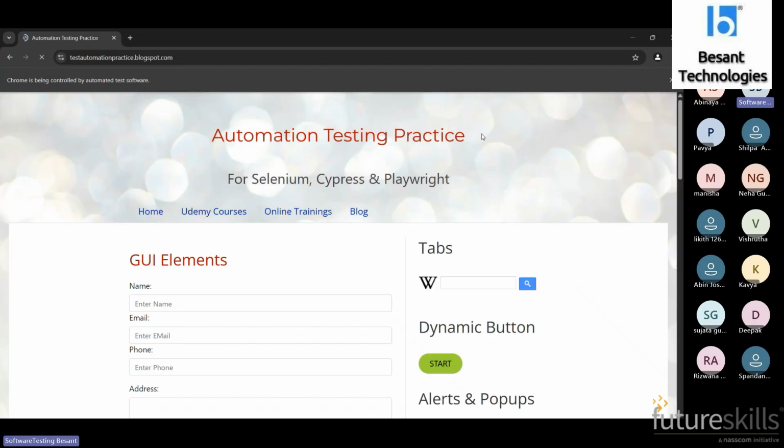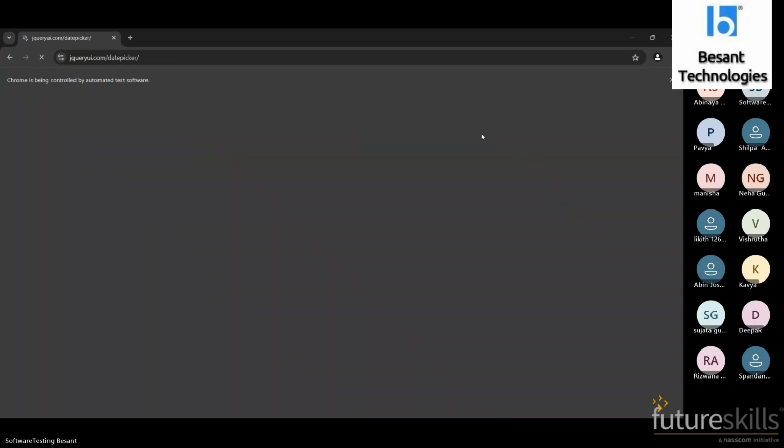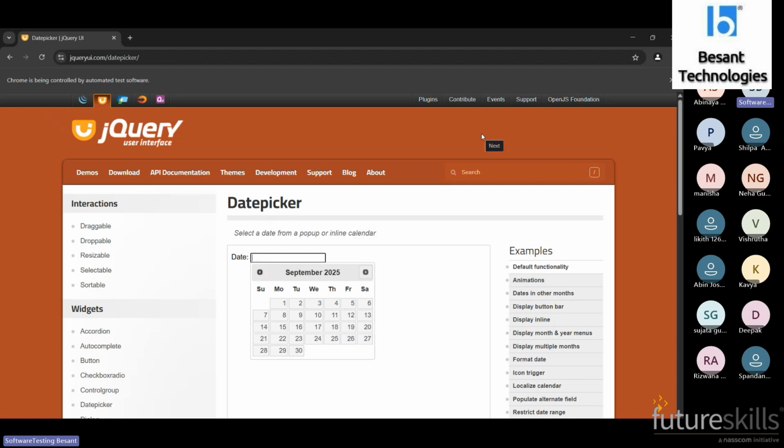You see here, it is clicking by default until the expected year, June 2027. Until June 2027, the while loop will work. Once the month and year get matched in the condition, we are breaking the loop. So that is what is happening here.